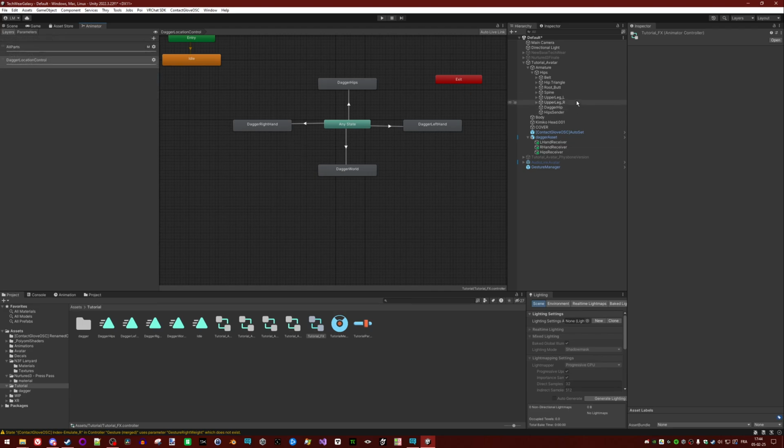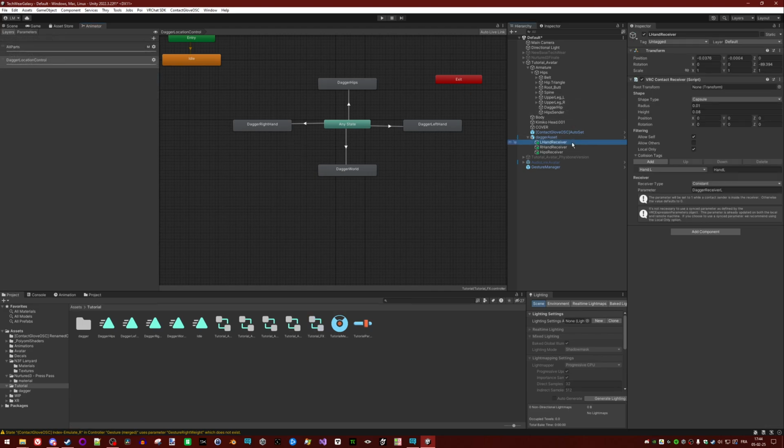You will also need, because remember we made 3 receivers, and we had to type a parameter name, we need to create those parameters here too. So dagger receiver hips, dagger receiver R, dagger receiver L. Those are booleans, so plus bool, and you copy and paste the name, and you should be fine. Don't pay attention to this one, it will be used later.